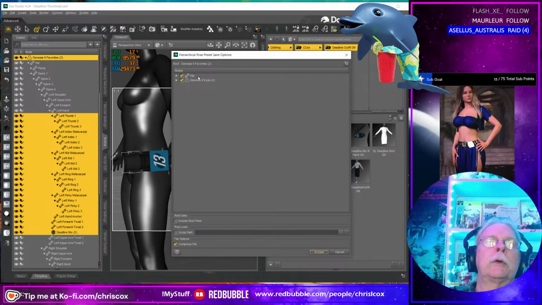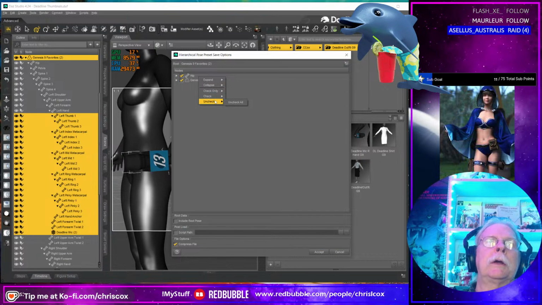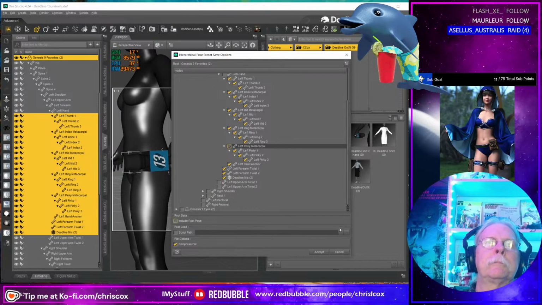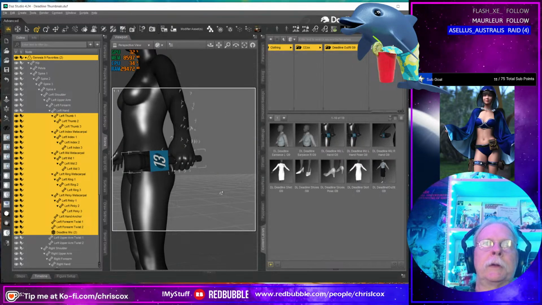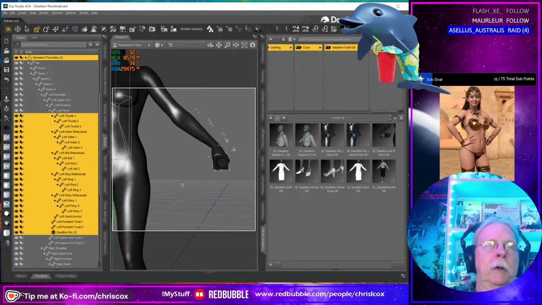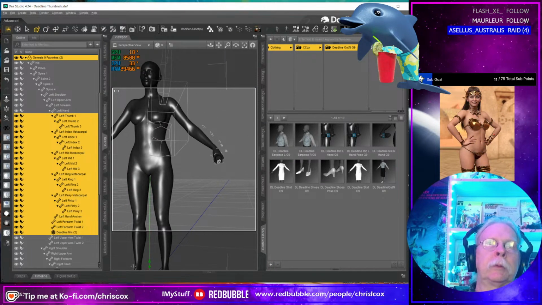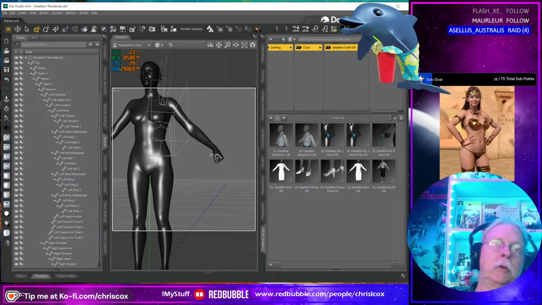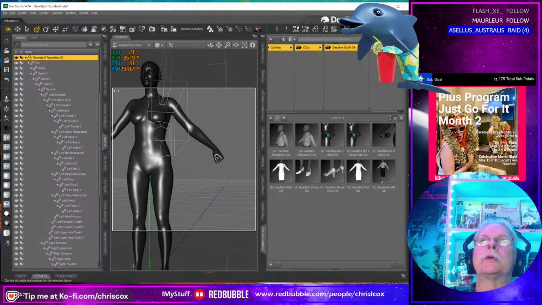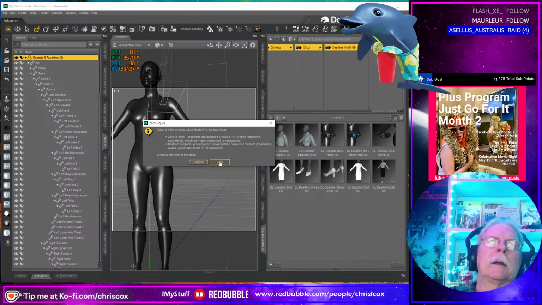And I'm just going to right click and check only selected and accept that. And here, and then we should be able to do that. I'm going to zero the pose.